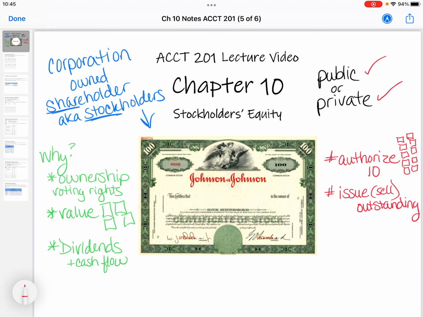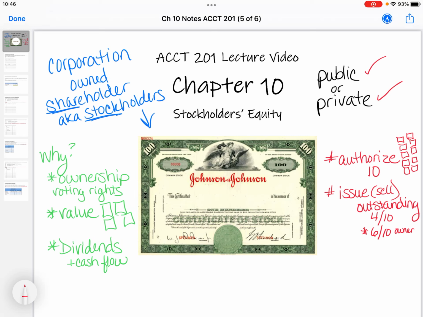That way you're keeping 6, which means the majority vote will still be held by the organization, or maybe those shares are then given to the president or whoever formed the organization. But anyway, so you determine the number of shares outstanding. Those shares that are outstanding have the ability to vote. So you got to be careful with how many. Obviously, 4 out of 10. If you sell that to the public and then the owner holds the other 6, so the person who formed the organization, this would give them the voting power, right? They have more votes than the others. So their votes would outweigh.